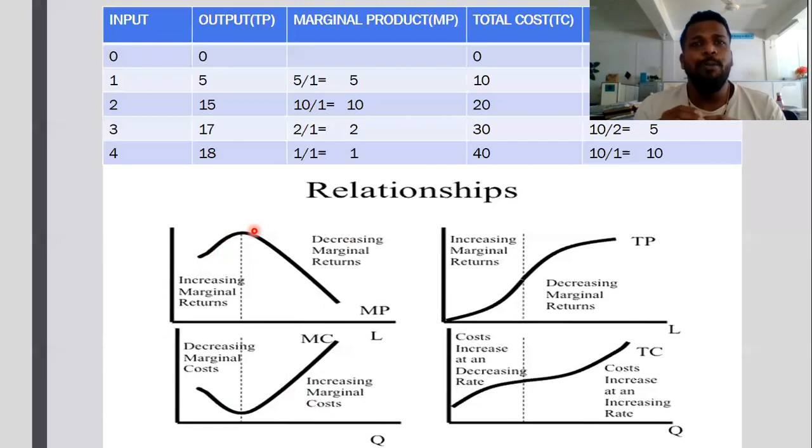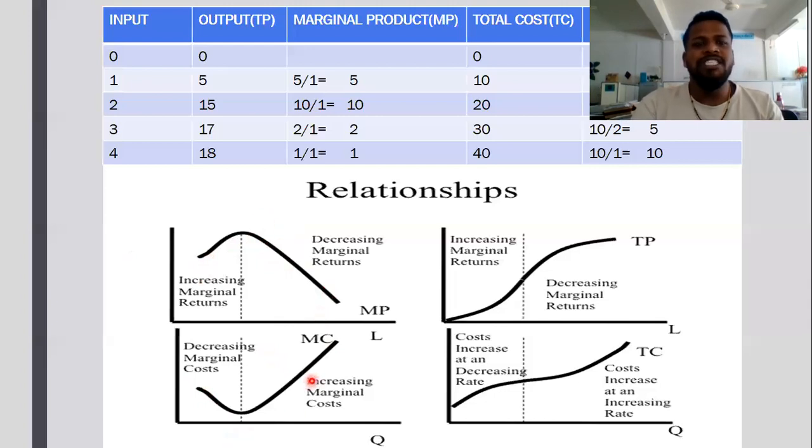But we have to pay only $10 for him. His cost is not increasing. So that's why, when output is increasing at an increasing rate, marginal cost starts falling because of increasing returns to scale. When it comes to decreasing returns to scale, productivity is falling. So what will happen? Your cost will increase.